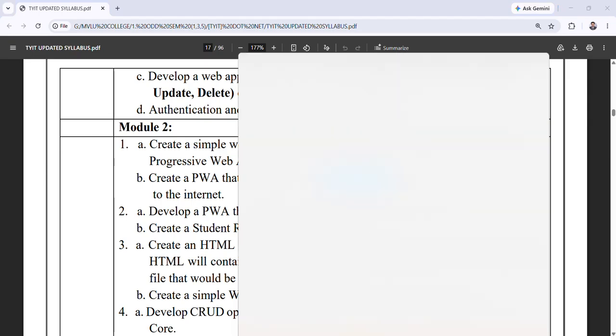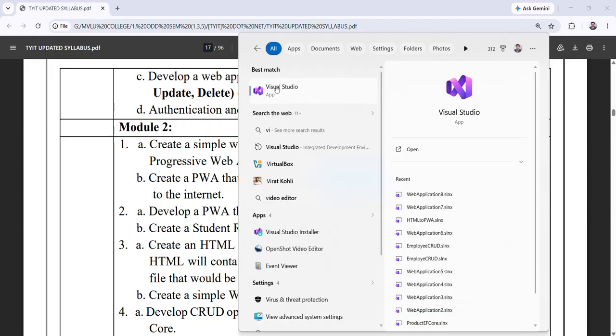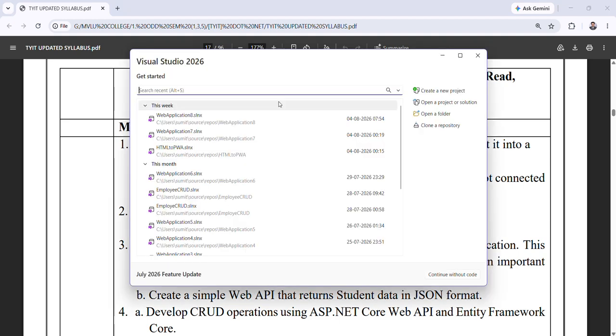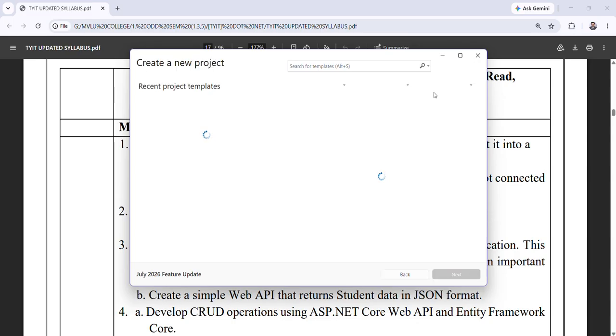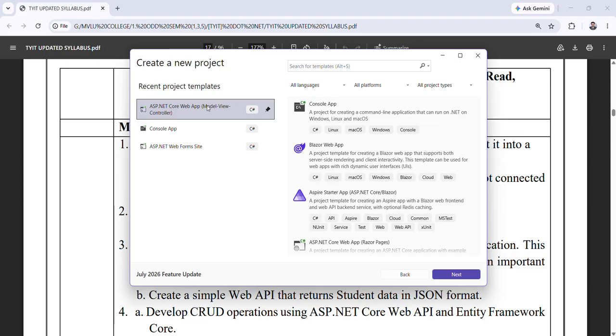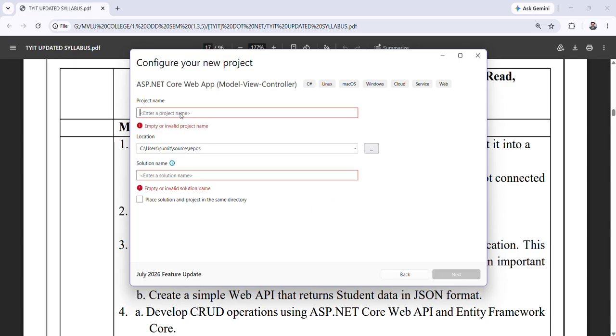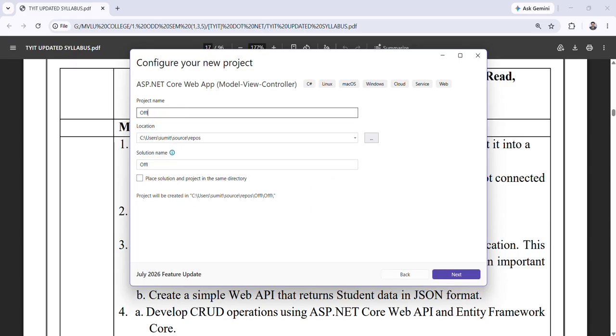So the primary steps were the same as our previous practical. We'll do it again for you. I will create a new application, or project, here. Please make sure that you are using Model View Controller. Click on Next. You can give any name to your application. For example, I am giving the name offline PWA